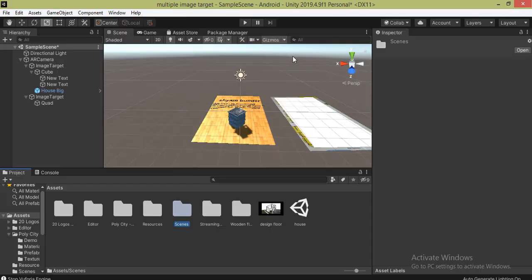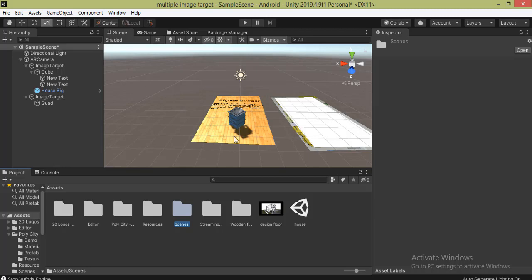If you remember, in my last video I told you how you can work with multiple image targets. This is the same project. I'm going to upgrade this project, and in it I'm going to add a scene. A scene is basically like this: suppose you have a game and in the game you have different levels. In Unity, if you are designing level 1, level 2 and level 3, then you have to design a different scene for each. So if you haven't watched my last video on multiple image targets, I suggest you watch that video so that you will not face any difficulty while understanding all this.